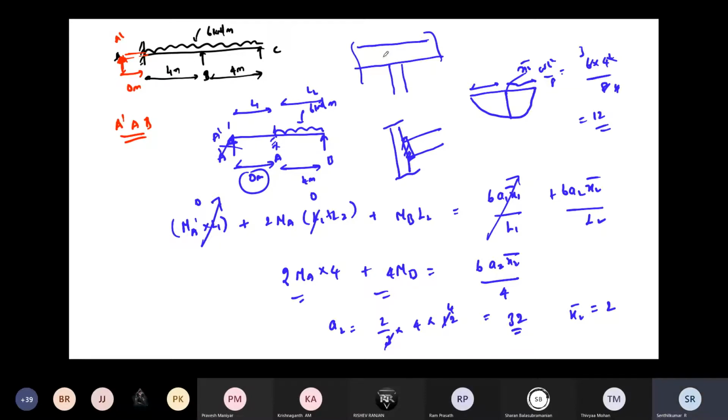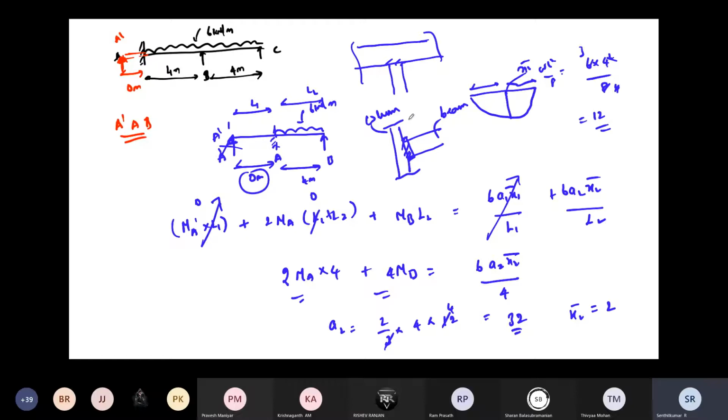How will it be in practice? This is a beam running over the column, and we are connecting here, so the beam runs throughout like the continuous one. At the end, fixed means the beam is rigidly connected to your column. I will show some figures in the next class, how a fixed connection and a pin connection look in steel structures. In RCC, concrete, we generally construct monolithically, and there also we can create the connection. If you have a design class it will be easier to teach. Anyway, I will let you know in the next class.